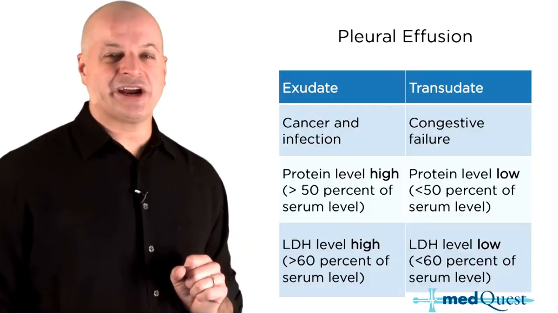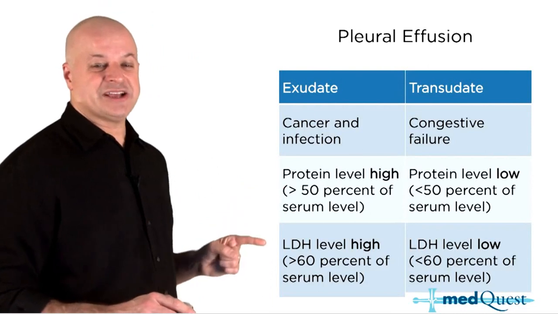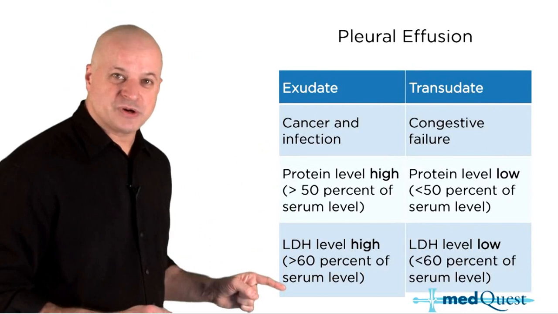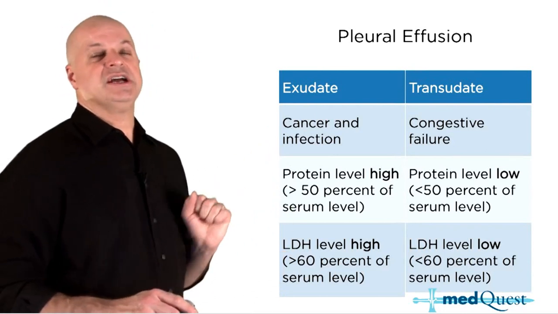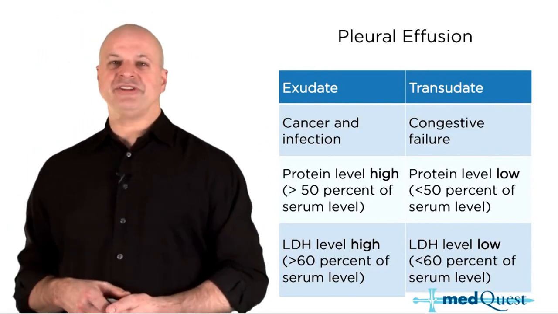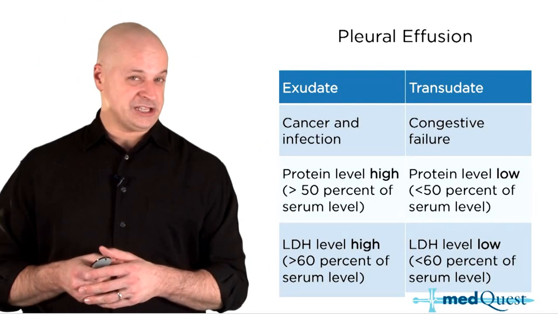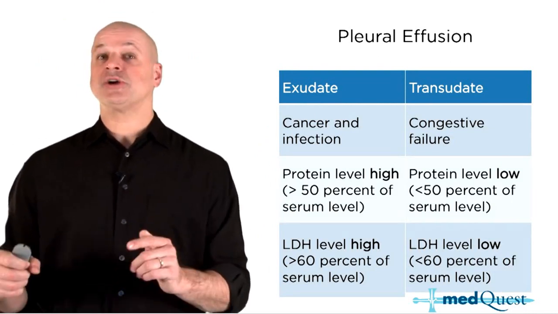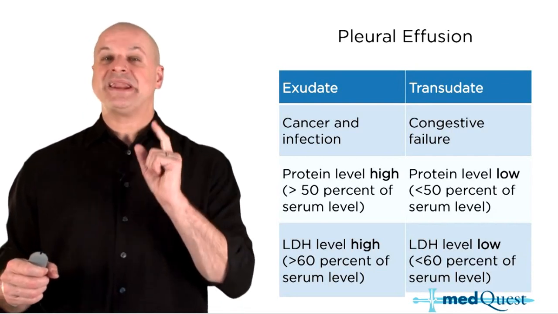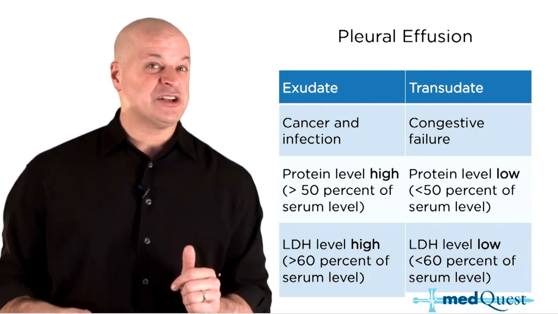Cancers have higher proteins. Cancers have higher LDH. Cancer and infection have high protein and high LDH. Transudate basically means congestive failure. Now, the protein and LDH can't tell you by themselves that this is a person who's got an infection or cancer. The infection is determined not just off the higher protein and higher LDH, but a cell count, white count high, and what tells the empyema,